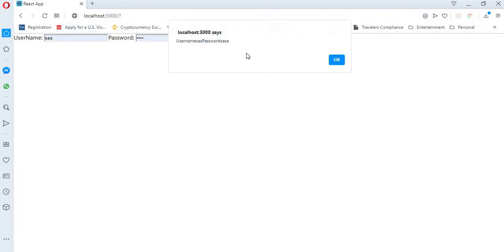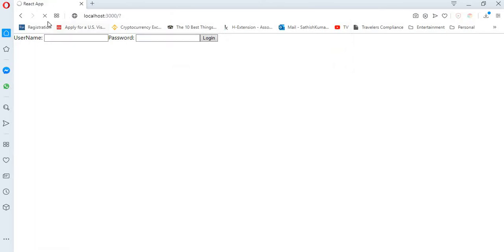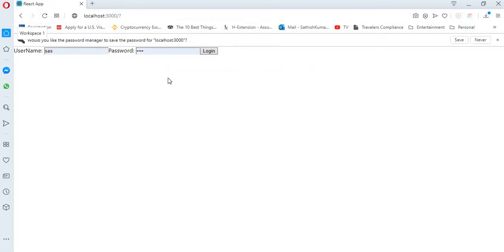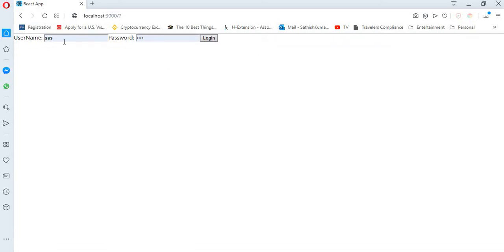Maybe one more time I'll submit it. If you take a look at it, it is refreshing again. So this is one of the most cautious things that we need to take care of in the web development world. Whenever you are hitting a submit button, your React.js browser refreshes. And sometimes what happens is, whatever contents I have entered over here, I have entered Satish, and I'm going to enter the password, click on login, it goes to the service and it just refreshes and gives me the cookie value, right?